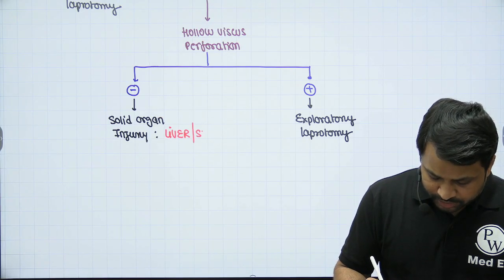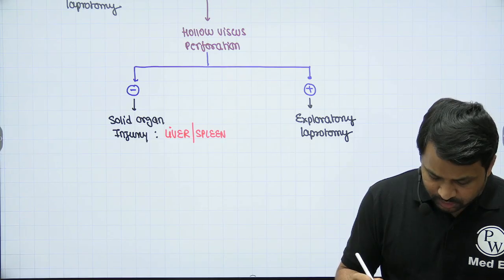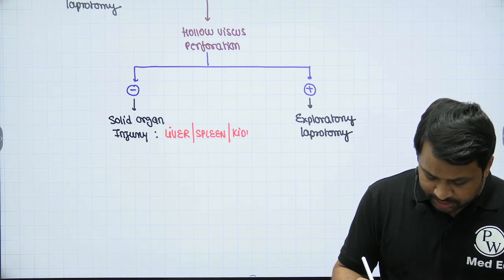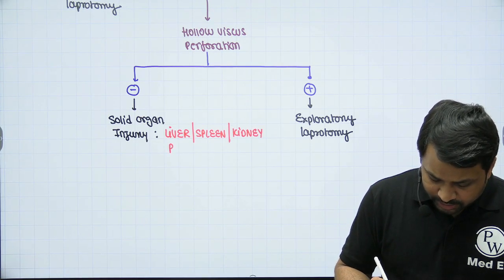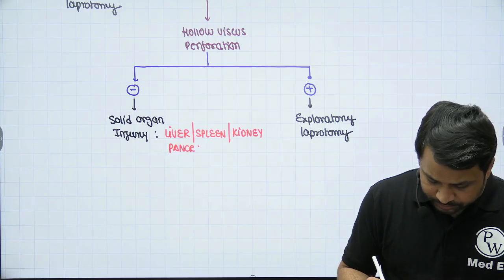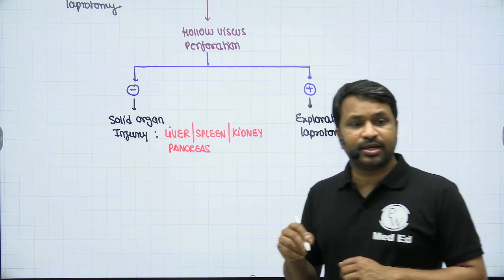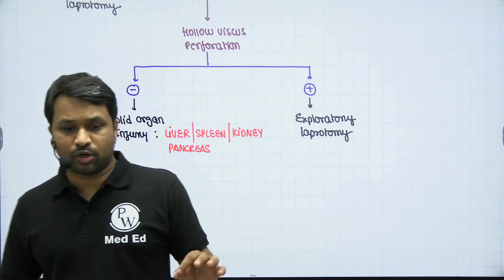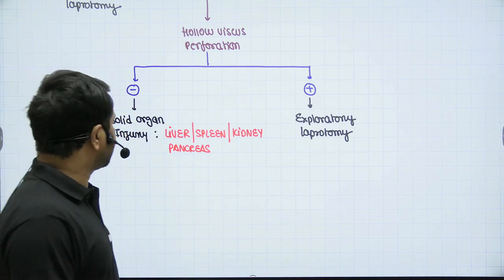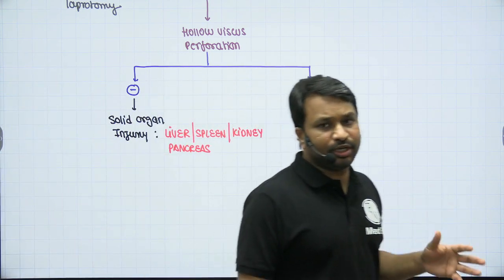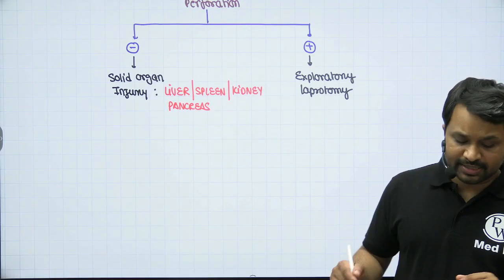I'm looking for injury to the spleen. I'm looking for injury to the kidneys and injury to the pancreas. So these are the four major abdominal organs that I'm going to look across when you're going to assess. So solid organ injuries, you look for injury to the liver, injury to the spleen, kidneys, as well as pancreas,